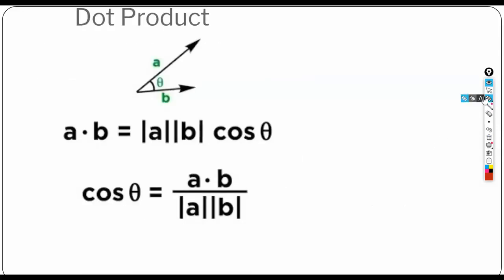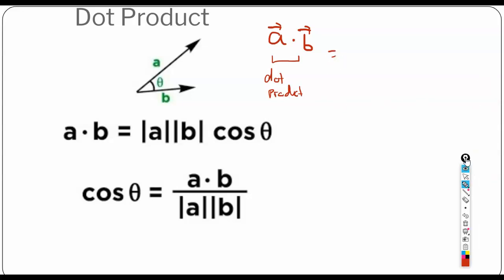The basic idea of a dot product is that, well, before we get to the actual calculation itself, let me just rewrite what you see here. On the left side of this equation, we see vector A, we see a dot, which is why this is called a dot product, and we see B. Okay, so imagine we have two vectors, vector A, vector B. Theta is the angle between those two vectors, right? This left side here, this is a dot product. And on the next slide, we'll talk about how you actually do that calculation. What you need to know, though, is that dot product is equal to,